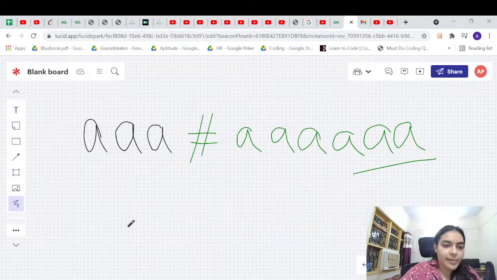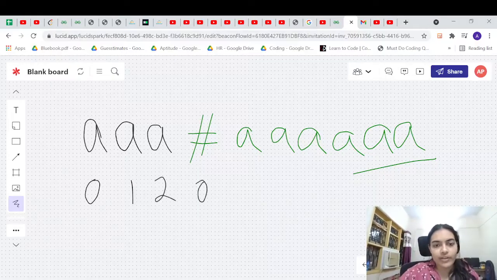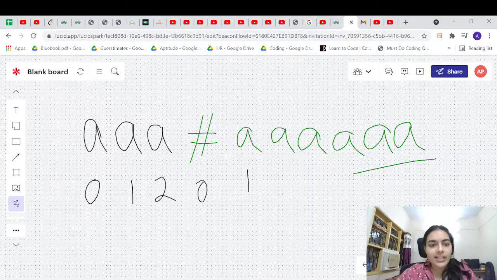So let us see how we are able to get our answer. We will quickly build the LPS array. It is 0 here, it is 1 here because A and A are matching, and then again this A and this A are matching, so the answer is 2. Now in this case the answer is 0. In this case the answer is again 1 because A is matching with A. In this case the answer is 2 because A is matching with A. In this case again A is matching with A, so the answer is 3.